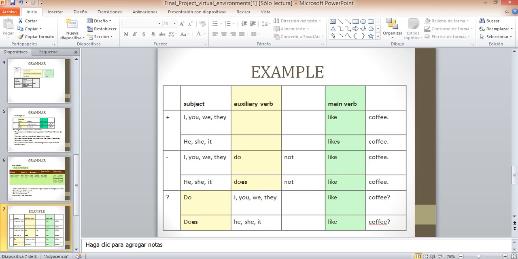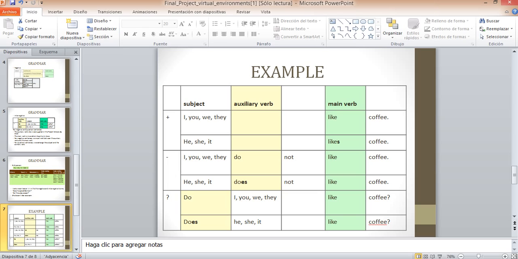For example, we see the pronouns as we have explained before. The pronouns and the main verb directly associated, and in the third person we see the addition of the s,